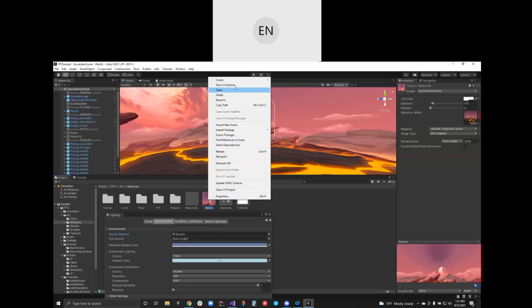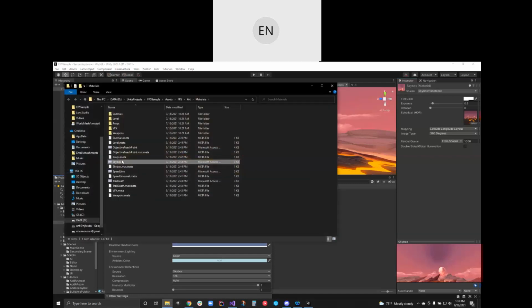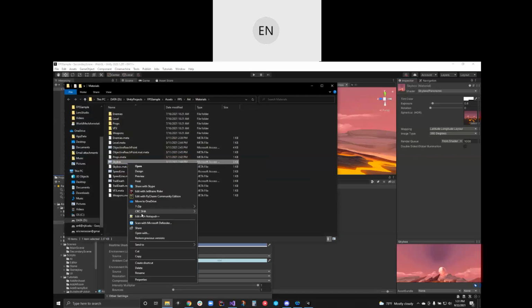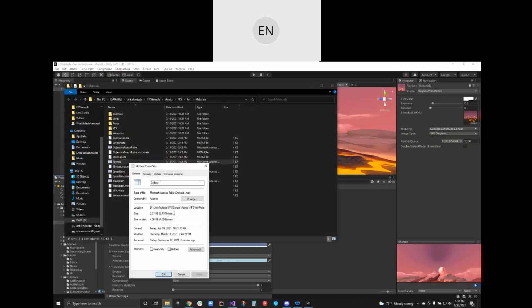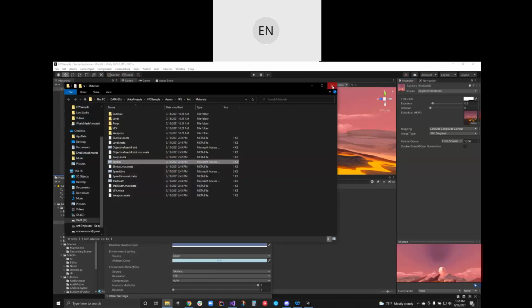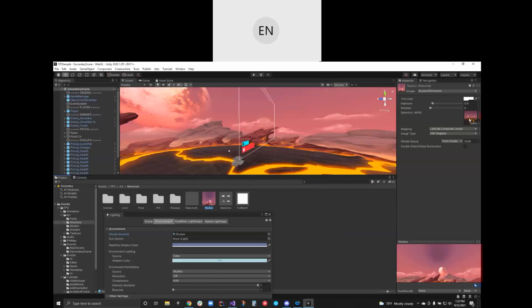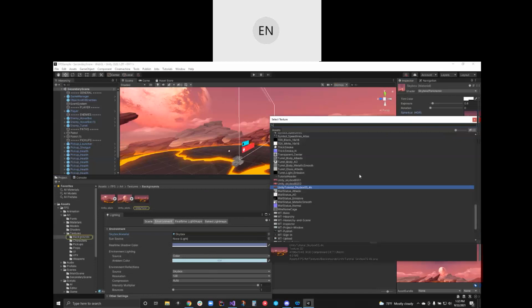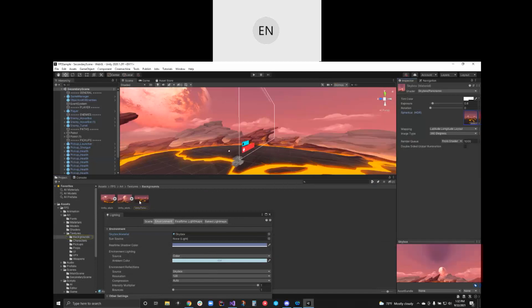So I can right click on it, say show and explore, and if I right click and say properties, okay, it's a material, MAT. So I wanted the image. So this spherical HDR image, I select that. There it is.